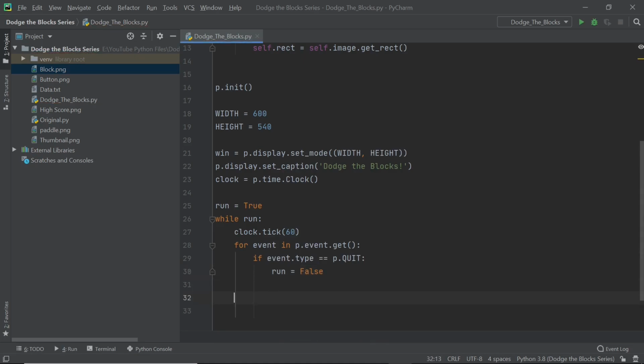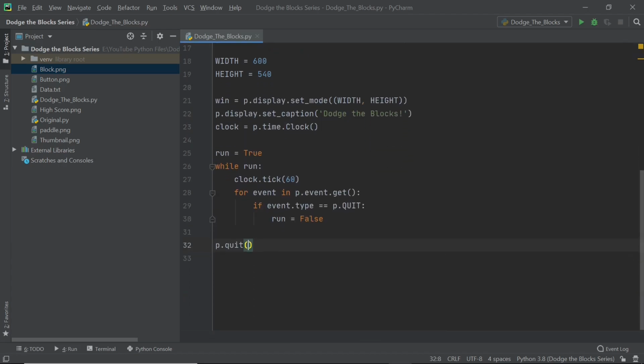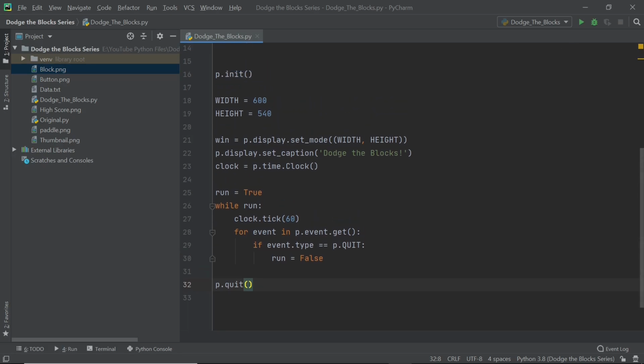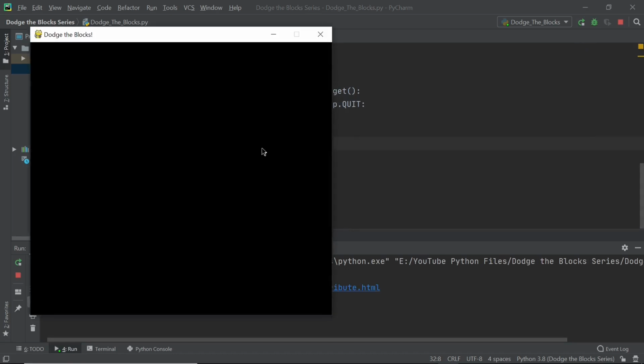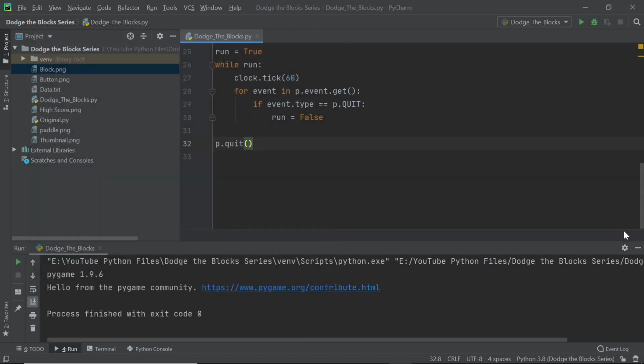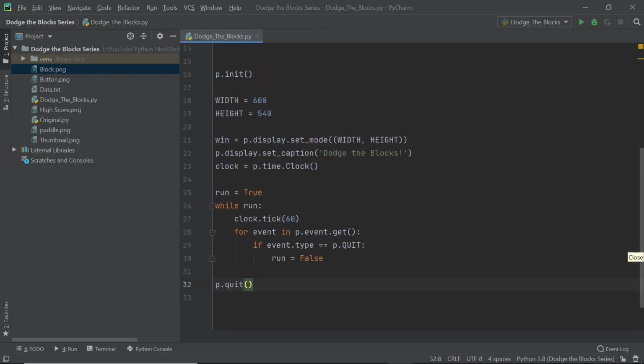Fairly straightforward. And when we are out of the main loop, I will just terminate the program. So I will just say p.quit, and that's going to end the Pygame window, and our program is going to end as well. So that was it. This is going to be our main event. And if you run this program after you save it, you shouldn't really see anything spectacular. A window is just going to open up and you can close it whenever you want. So fairly straightforward, like I mentioned.